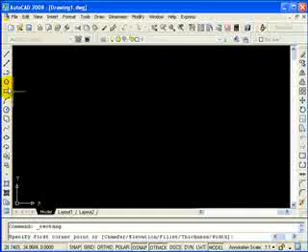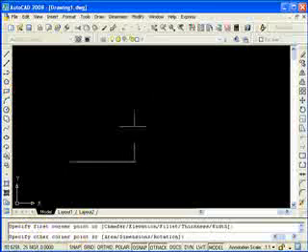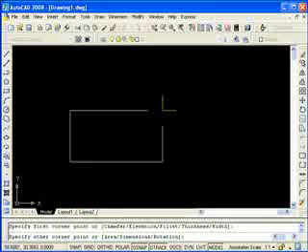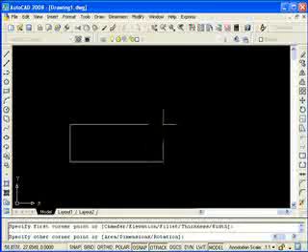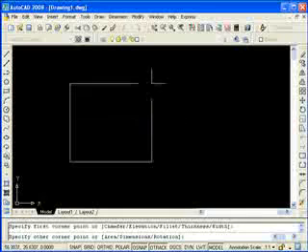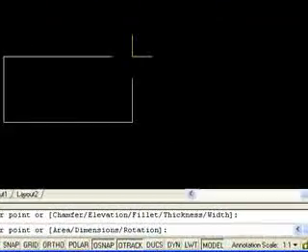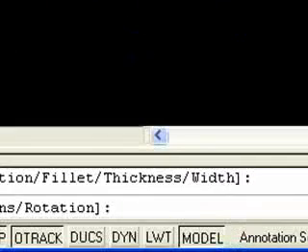I'm going to start my rectangle command. It's asking me for my first corner point. I'm just going to pick right here. Now it's asking me for my second corner point. Now, instead of picking a point out here, if I want a rectangle that is, let's say, 10 units in the X direction, 5 units in the Y direction, then I'm going to use my relative coordinates, and I'm going to type in